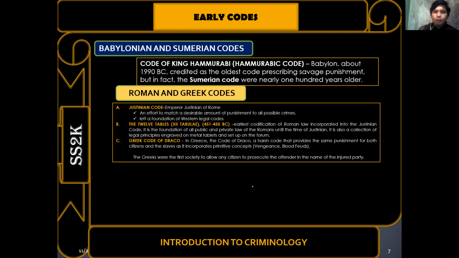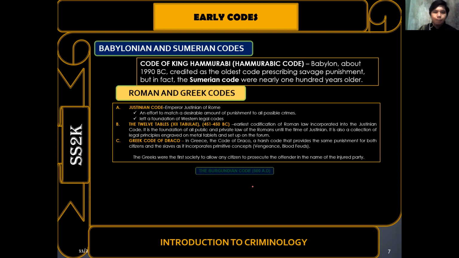The Greeks were the first society to allow any citizen to prosecute the offender in the name of the injured party. This is where private crimes come from, where instead of the title being People of the Philippines versus the accused, it is the name of the victim versus the name of the suspect. Private crimes in the Philippines include acts of lasciviousness,